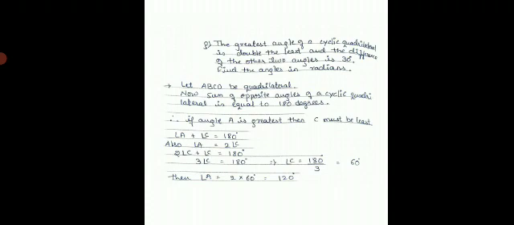Then angle C will be equal to 180 upon 3, you get 60 degree. That is, one angle is 60 degree. Then obviously angle A will become 2 times angle C, that is 2 into 60 degree, which is nothing but 120 degree. The sum of these two angles must be equal to 180 degree according to the property of a cyclic quadrilateral. Therefore, also we can write angle B plus angle D is equal to 180 degree, and the difference between these two angles is equal to 30 degree, as given in the question.